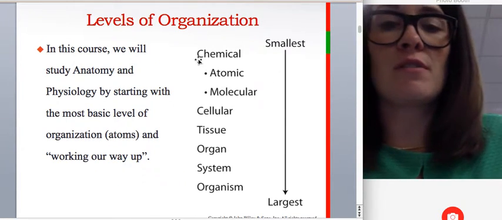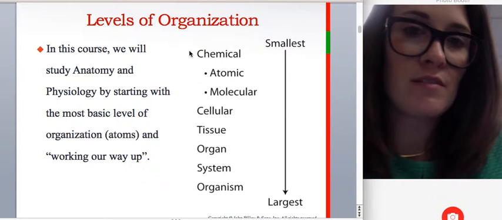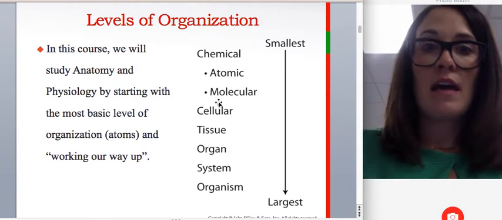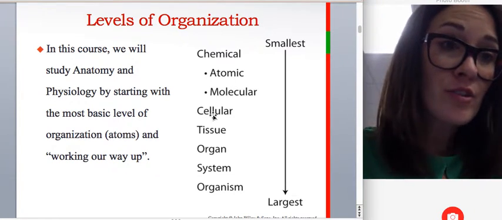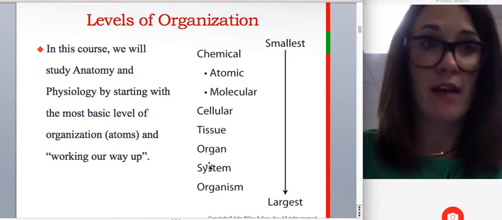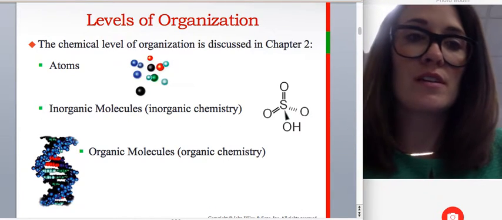This level from chemical structure to organism, you need to know. Chapter 2 is going to be about the chemical structure of an organism. Then chapter 3 is the cellular structure. Chapter 4 is the tissues, and then we'll get into organ systems after that, starting with the skin. So it goes from the